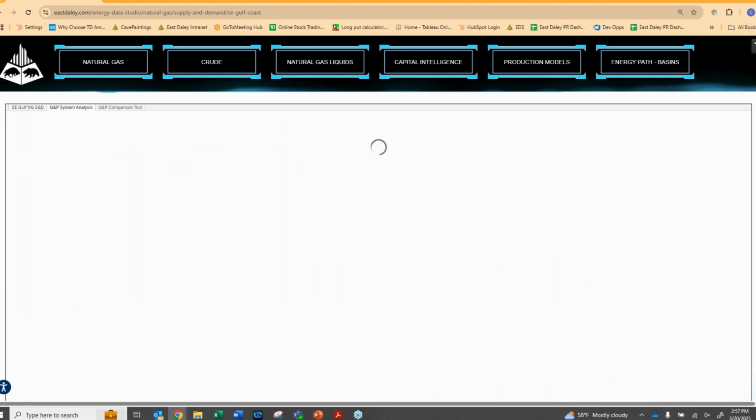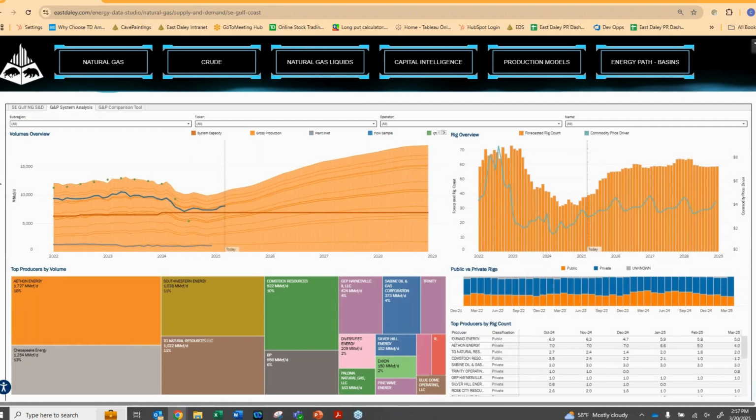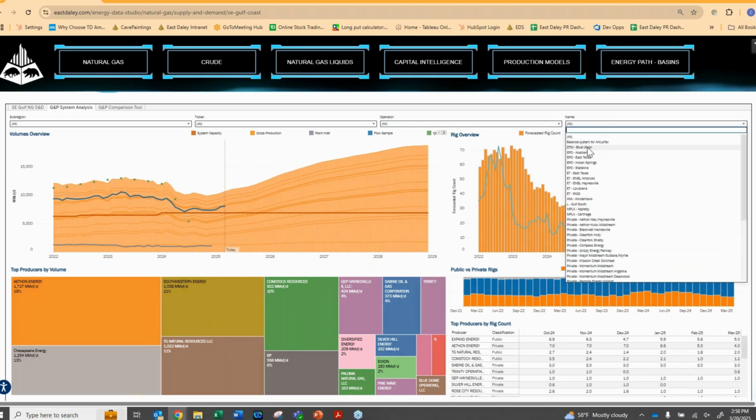So all the G&P systems, and this is the system analysis, you can actually look at all the G&P systems across the lower 48. You get forecasted volumes, and this is all of them rolled up into one. You get capacities. The reason this is low is Northeast, obviously, in dry areas, they don't have capacities. You're getting plant data, and you're getting daily flow data. So this is the plant data, this is the daily flow data, and all of this fluctuates between systems. So let's pull up, let's see, we'll go ET,